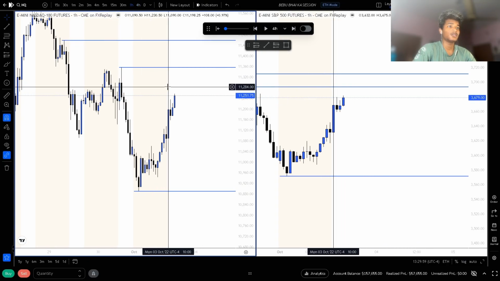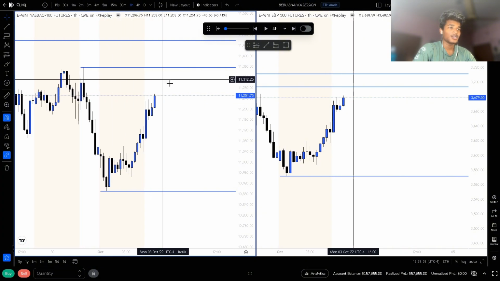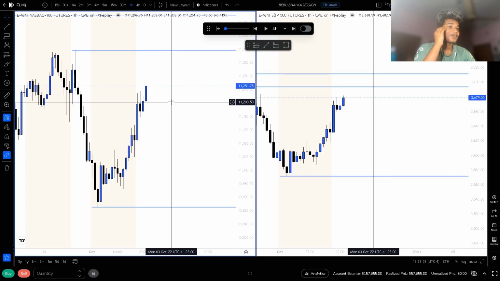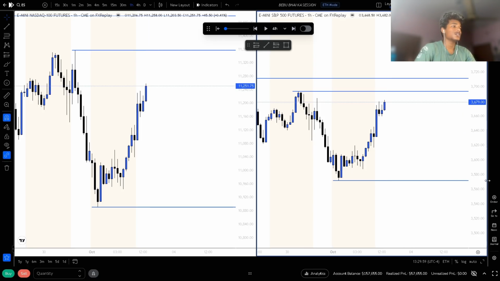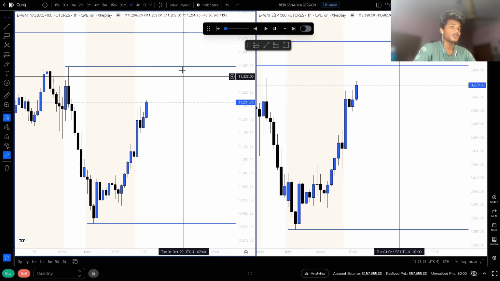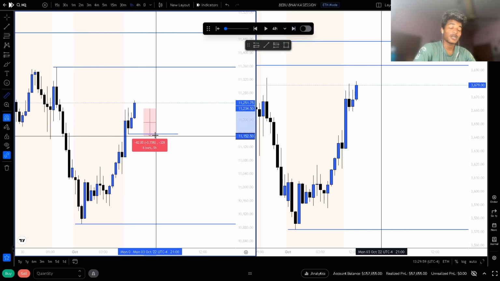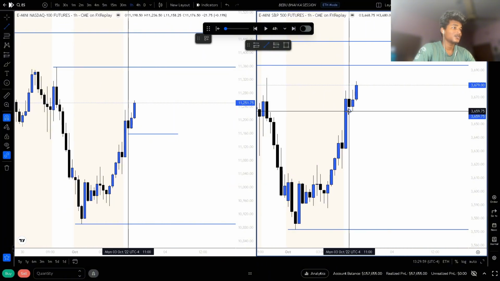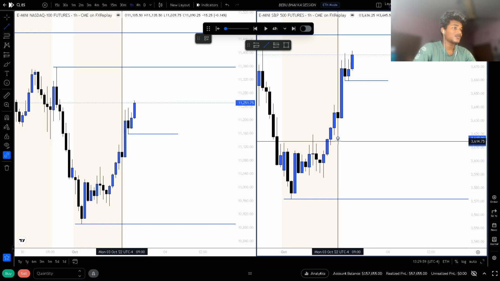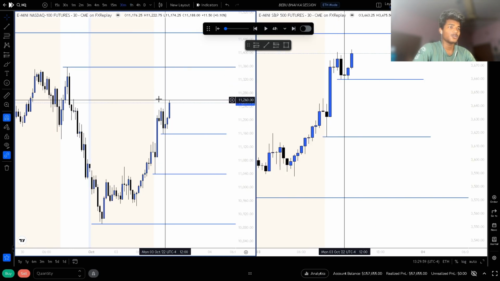In the 1 hour, pretty much the same scenario here also, but the market seems to be more bullish, and I think it wants to go towards these highs. So if the market manipulates down into this hourly gap, I will not hesitate to actually take any longs. So we also have this 1 hour intermediate term low here, and a 30-minute same scenario pretty much here also.